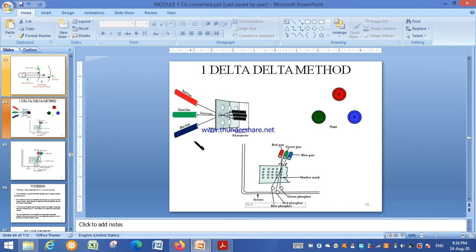That is, in between the electron gun and the pixels on the screen, there is a layer called the shadow mask. Through this shadow mask, the electron beam passes and reaches the pixel positions.